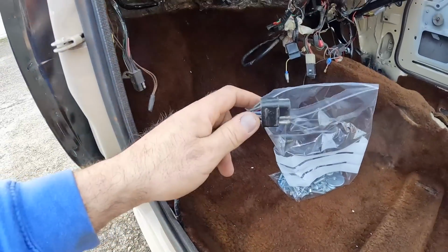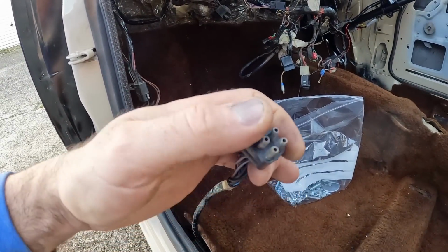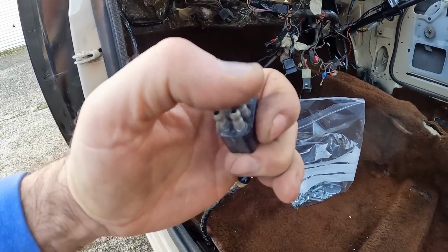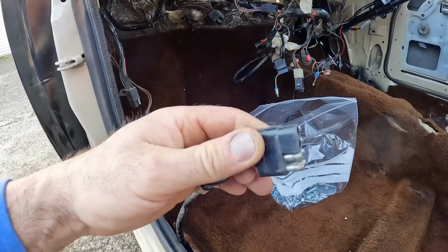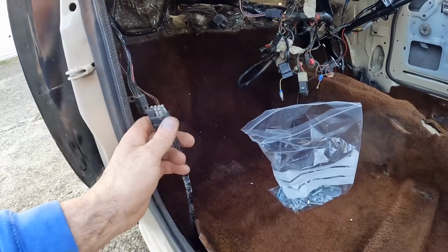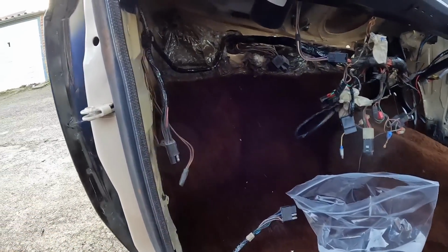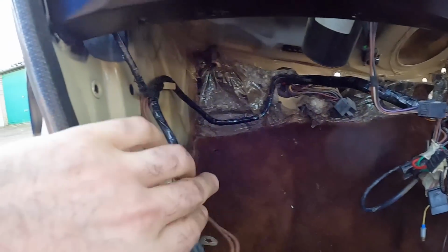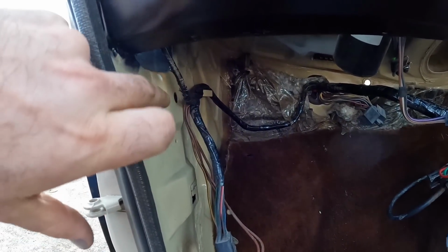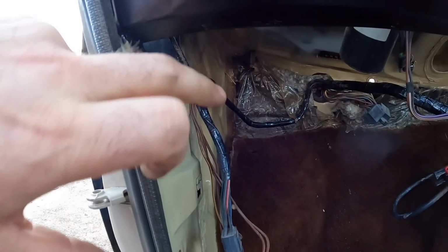So yeah, before I plug anything in for the final time, things like this, they'll all get nicely scratched up with a wire brush, then cleaned with the electrical cleaner, and then greased up before plugging it in. And there's loads of earth wires and whatnot like this that'll have to be screwed to the body, and you have to clean the paint off and make it nice and shiny bare metal before you do